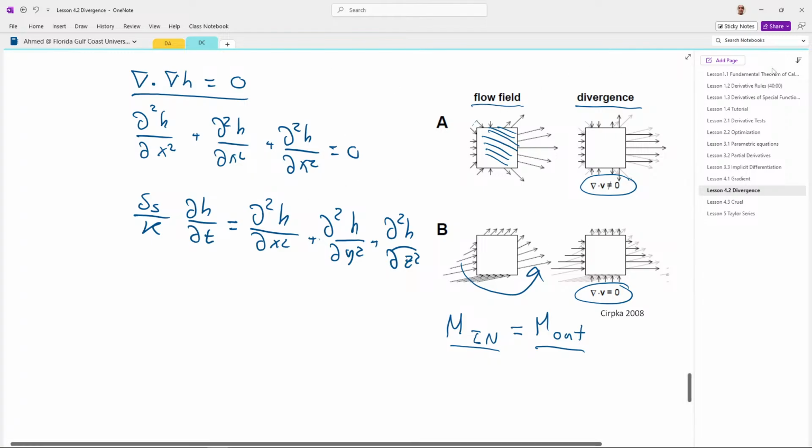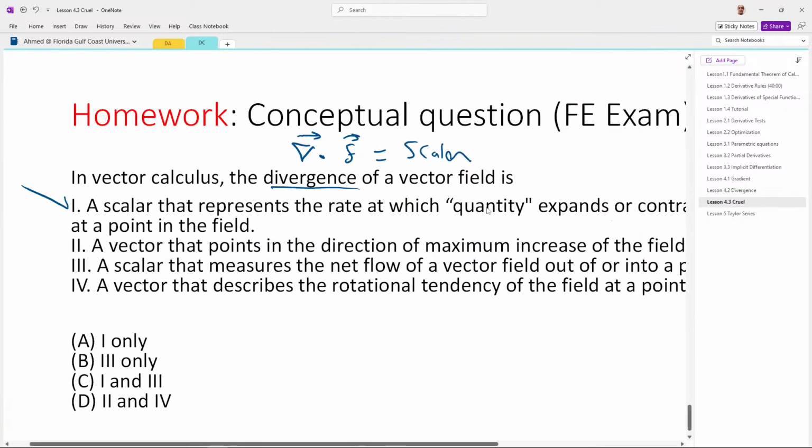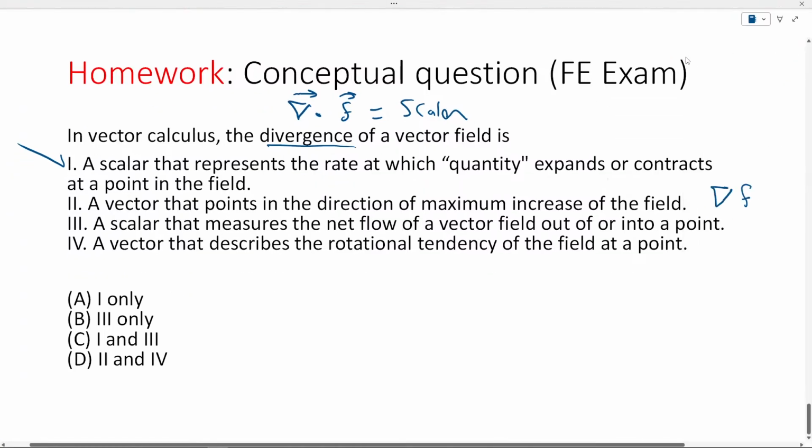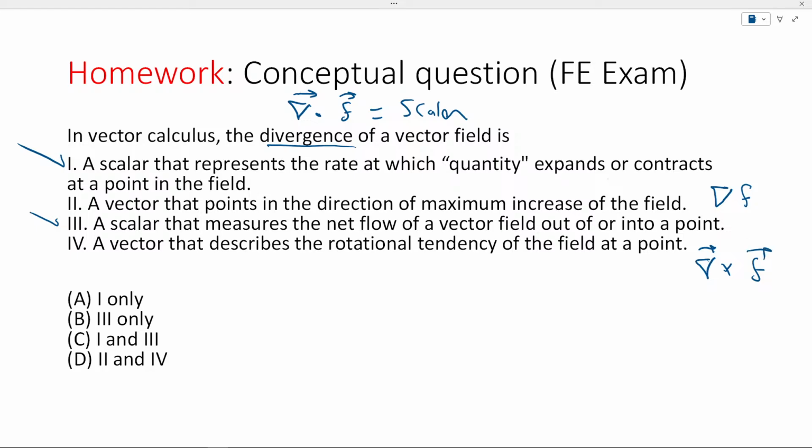But anyway, let's get back here. So is this a correct answer? A scalar that measures the net flow. Yes, flux in and flux out, because that will also be a kind of increase or decrease. So that's correct. A vector that describes a rotation tendency at a point. No, that is the curl. Okay, so this is the gradient, this is the curl, and this guy is here. So the correct answer would be this one. Okay. So I think that's all for this lesson, and see you in